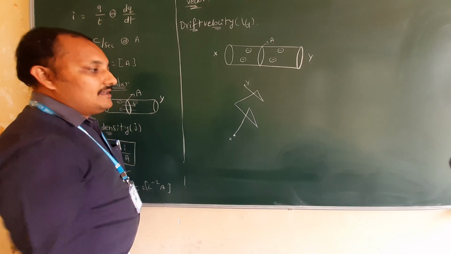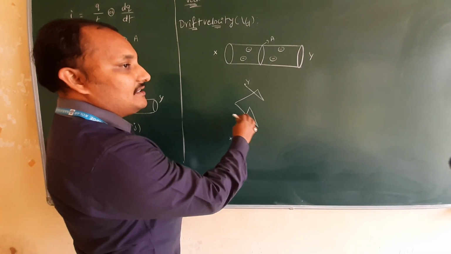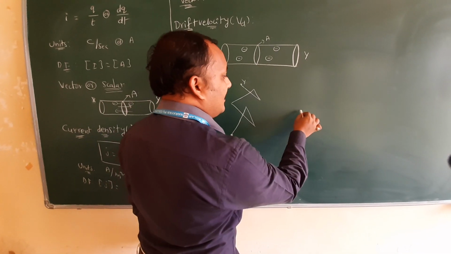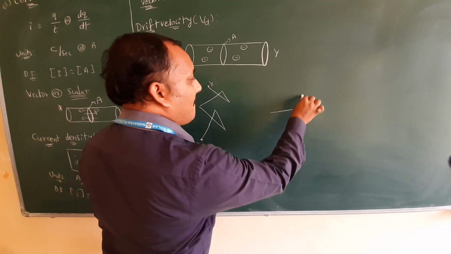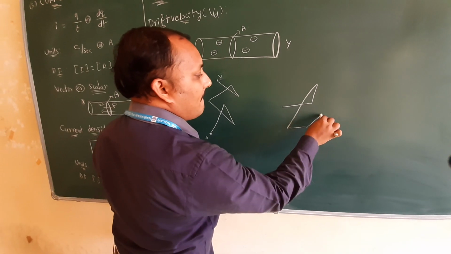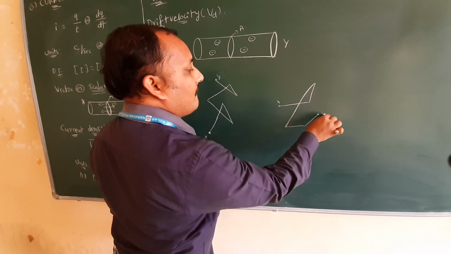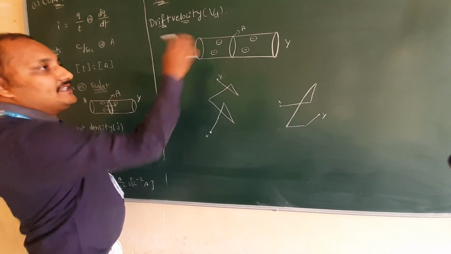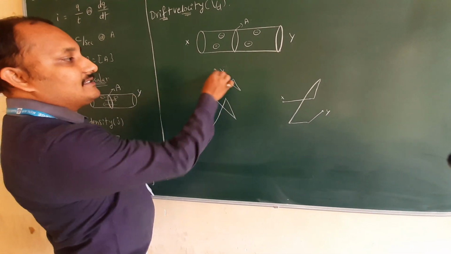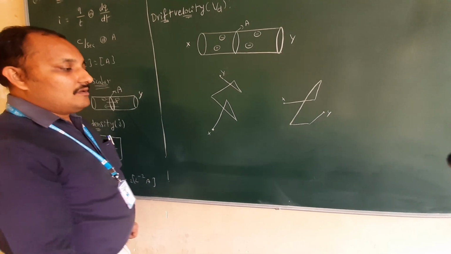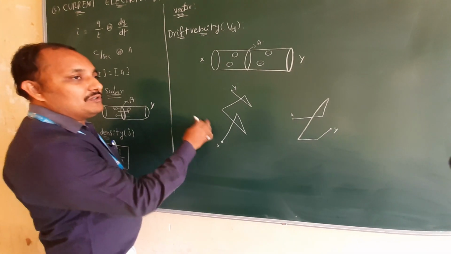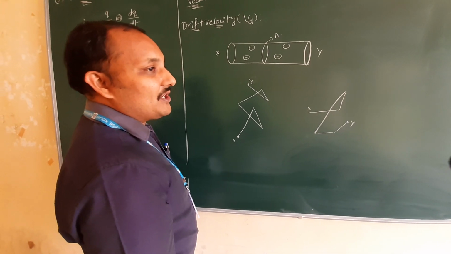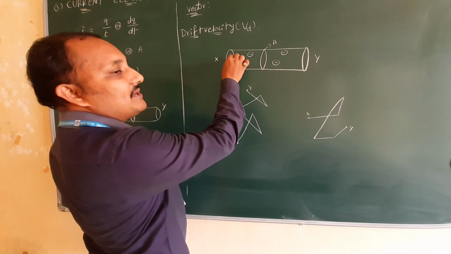Let us assume. This path you don't need to take like this; in your own way, you can draw it in your own direction. You can take it like this also. So this is one of the electrons which is moving within the conductor. It is starting at X, reaching Y, let us assume. This is due to thermal agitation. Now I applied some amount of potential difference, meaning I connected this to a battery.